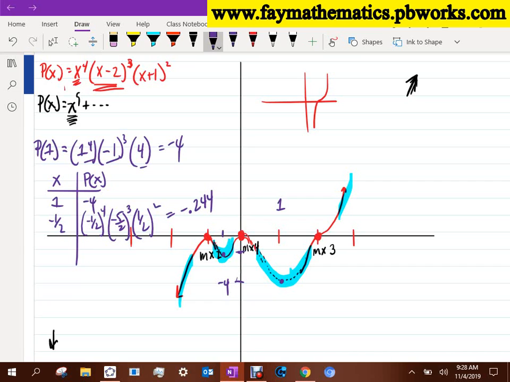Okay, and it's kind of a game of guess and check, or doing multiple between 0 and 2. Maybe I do 5 or 6 points in there. Between 0 and negative 1, I do 4 or 5 points in there. Does that make sense? And that's a pain in the butt. I don't want you to have to do that. But if you wanted a more precise graph, a more accurate graph, that's what you would need to do right now. When we get to calculus, guys, there will be a tool that provides that minimum,